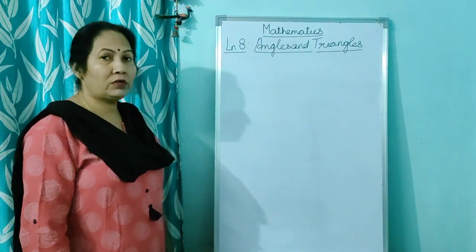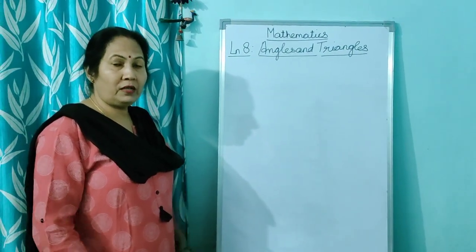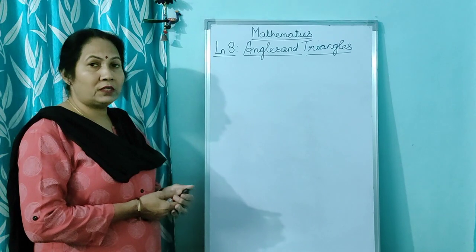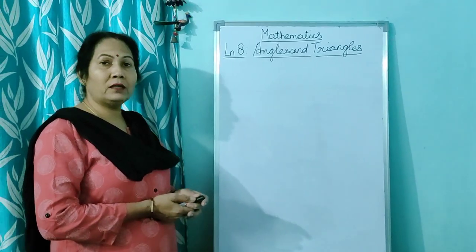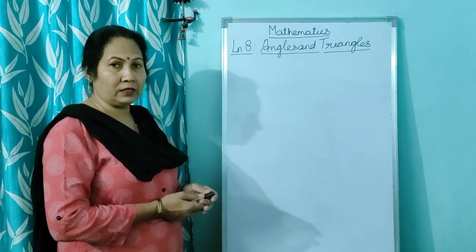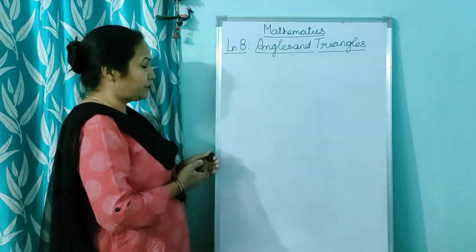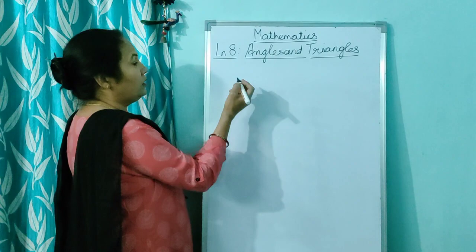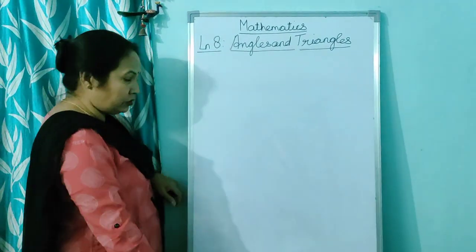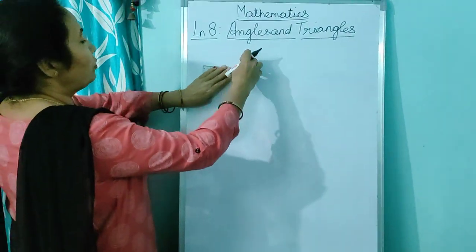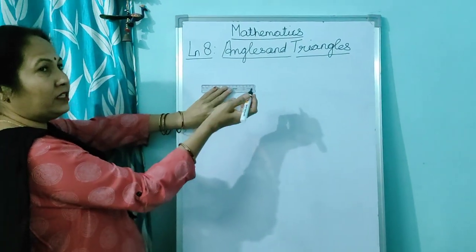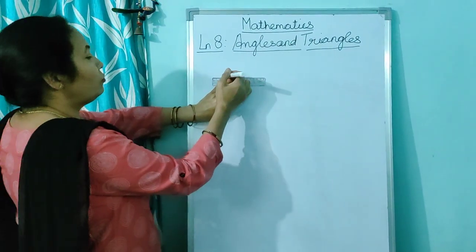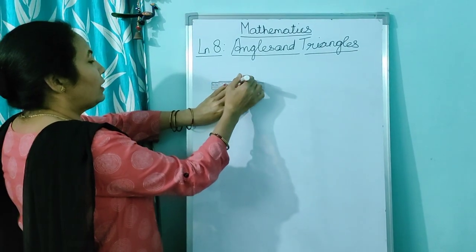The first thing, children, I am going to explain to you is what is an angle, how do you draw the angle, how do you measure the angle. Now children, see, first you draw a line. You can use the ruler to draw the line. Now you can take any measurement, 2 centimeter, 3 centimeter on your ruler, and you can draw a line like this.